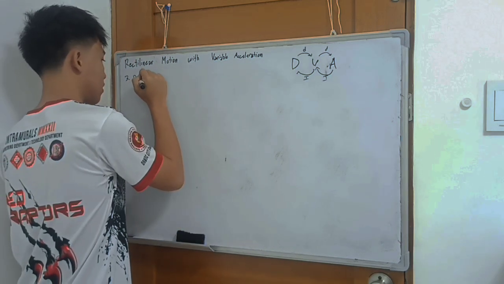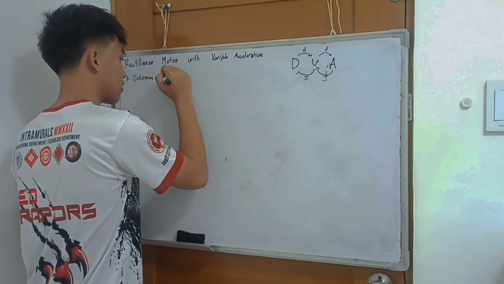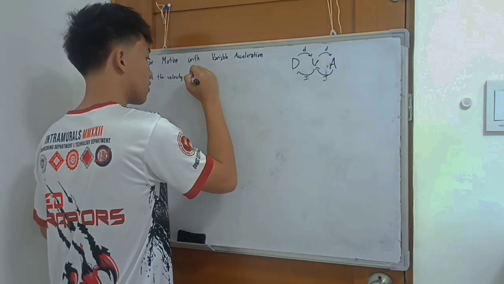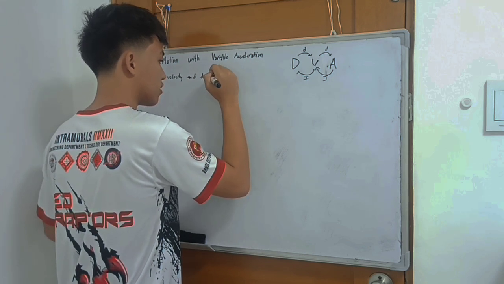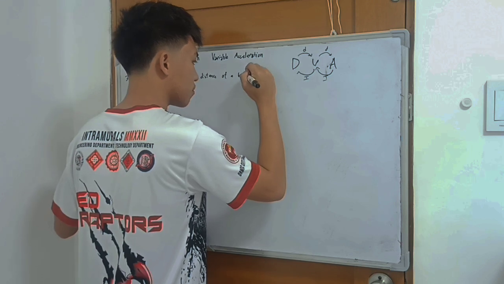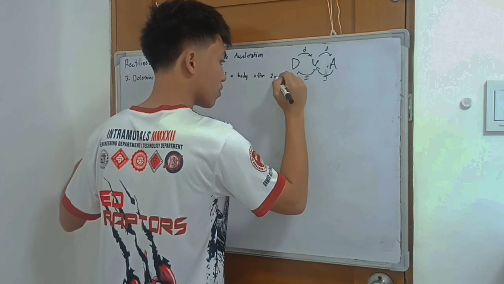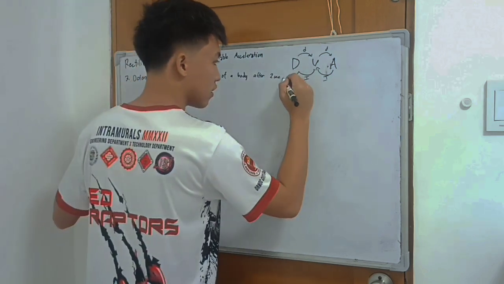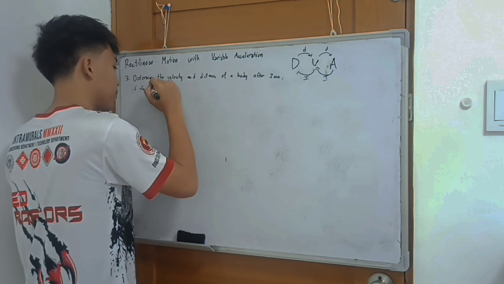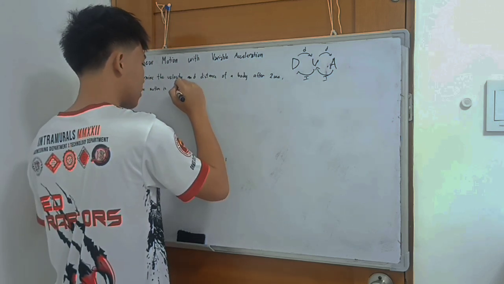Determine the velocity and distance of a body after 2 seconds if the motion is defined by the relation